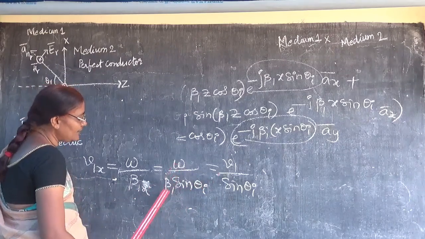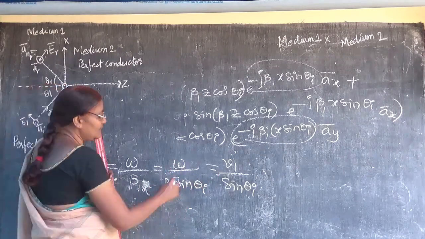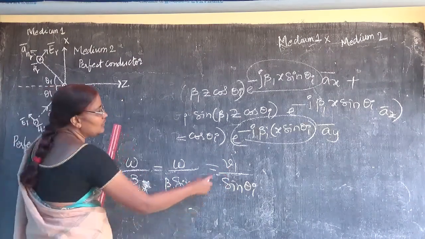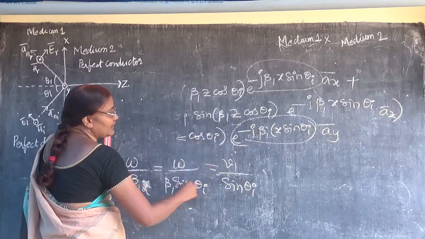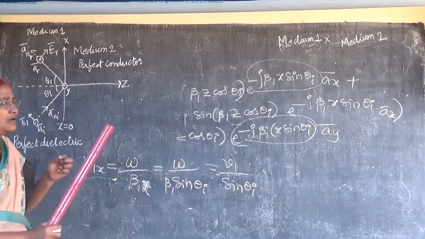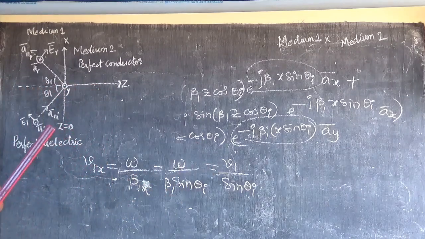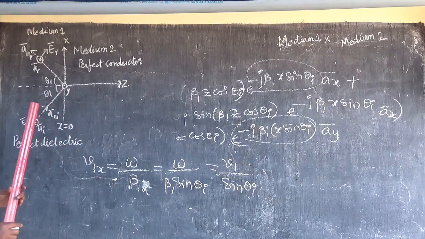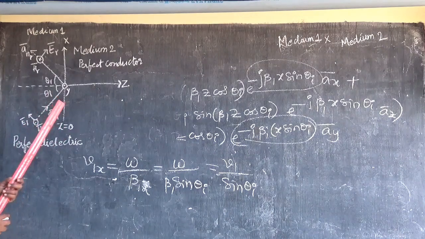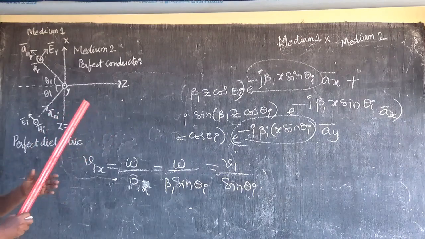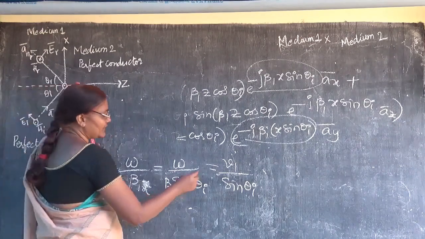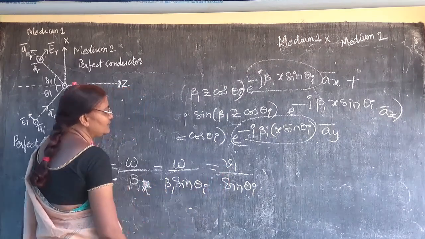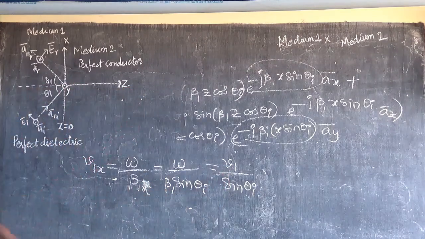What is omega by beta 1? Omega by beta 1 is nothing but v1, the velocity. So for this particular wave, what we say is the E polarization or perpendicular polarization or horizontal polarization. So for this polarization, this is the value of velocity. So next thing,